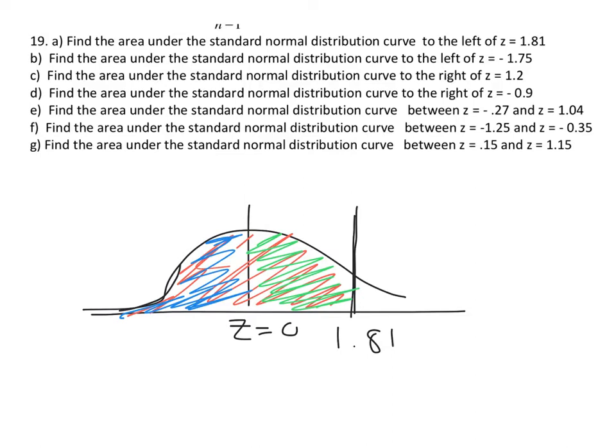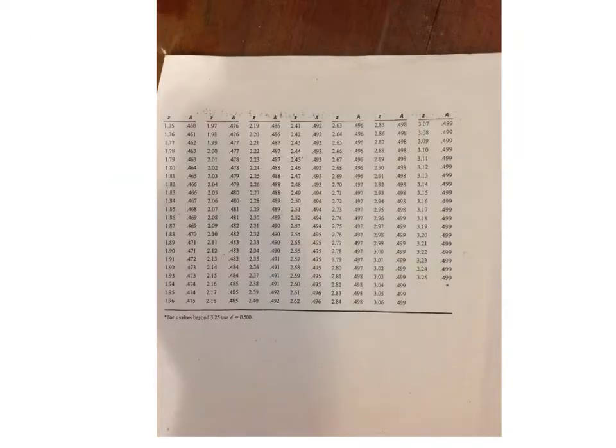But what I can do is say, look, this blue area that I shaded is everything to the left of z equals 0. That's half of my distribution. So my blue area is 0.5, and the green area is what I'm going to look up. Okay, so let's go over to our z table. Now 1.81 is on the back. When you look at all the z's on the front, you realize you don't have 1.81. You keep going, you get to the back, and you say, okay, 1.81,